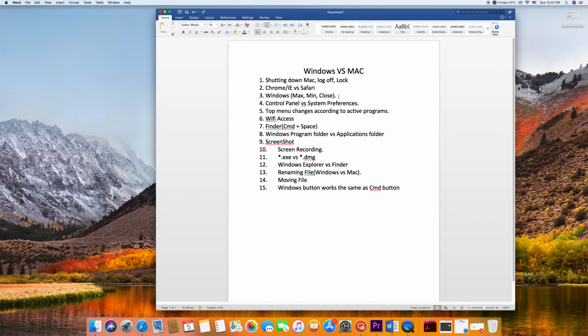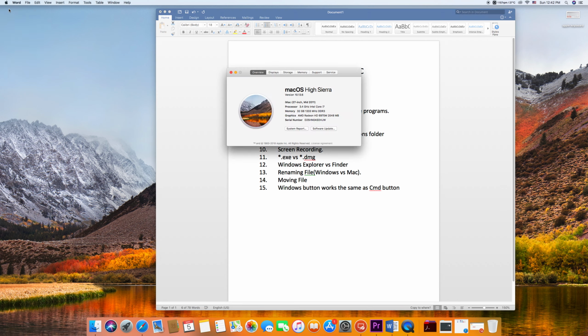I haven't mentioned it over here, but just like we check the details of a PC, we right click on this PC and Properties, and it shows the details of the PC. The same is over here. When you click on the Apple icon in the top left corner, and then you go to About This Mac,